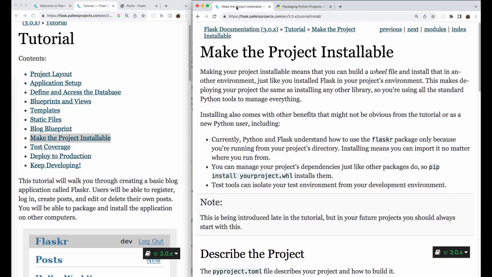The reading says, make the project installable. Making your project installable means that you can build a wheel file and install that in another environment, just like you installed Flask in your project's environment. This makes deploying your project the same as installing any other library, so you're using all the standard Python tools to manage everything. Installing also comes with other benefits that might not be obvious from the tutorial or as a new Python user, including: